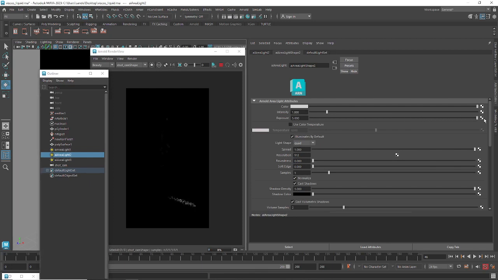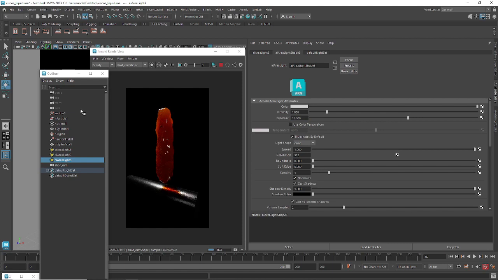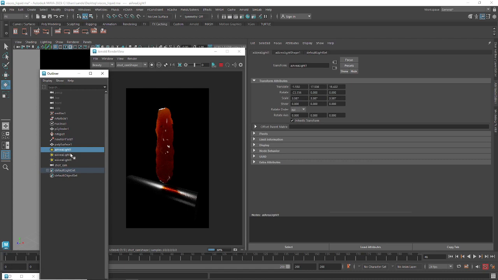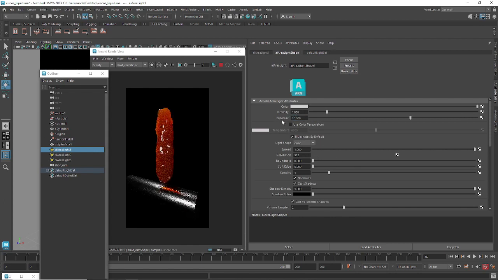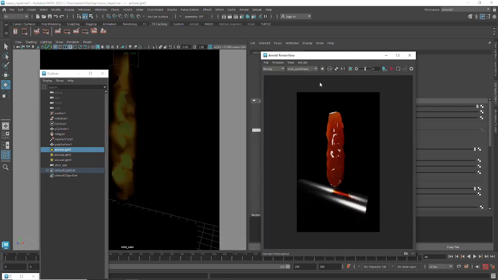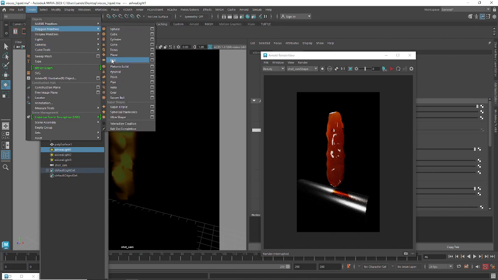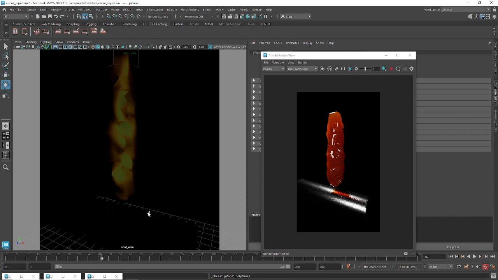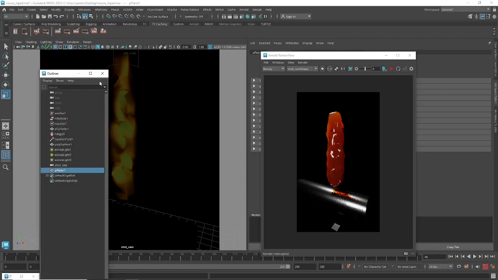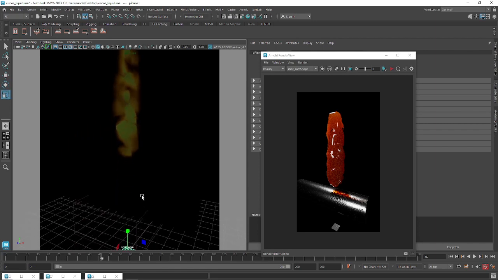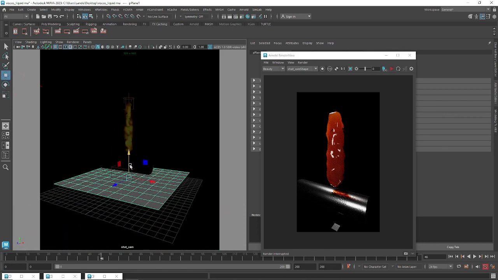Put these lights in. And just try to create a plane, a polygonal plane. Get the plane, scale it, just below the